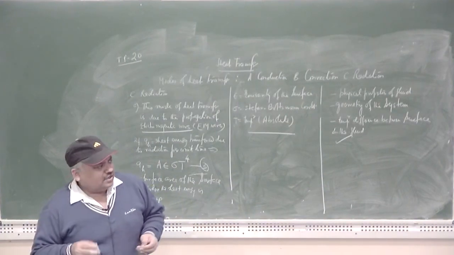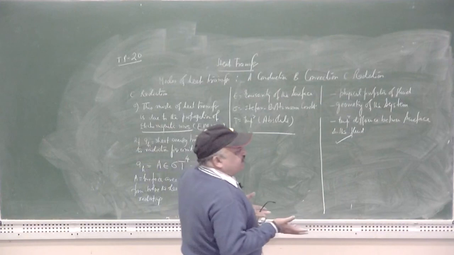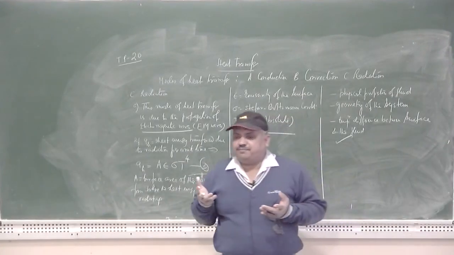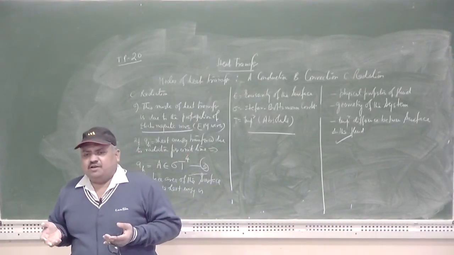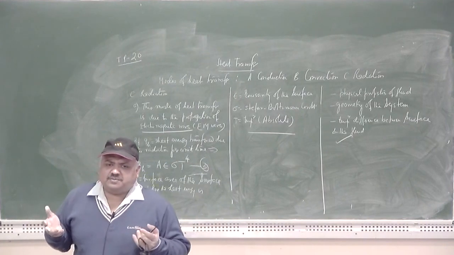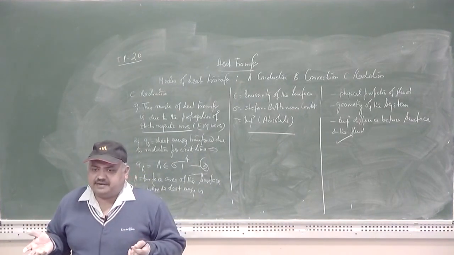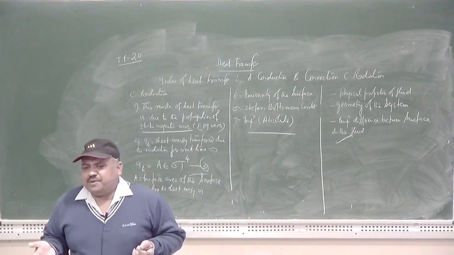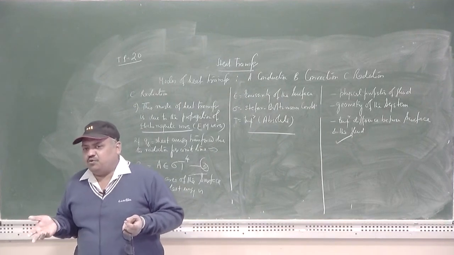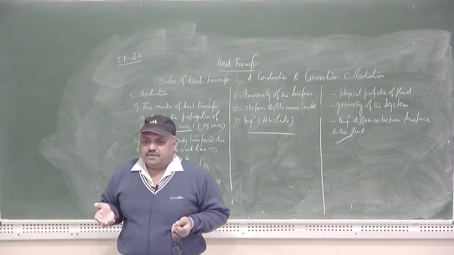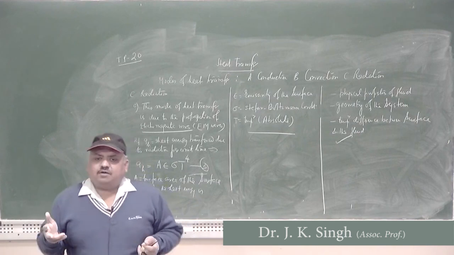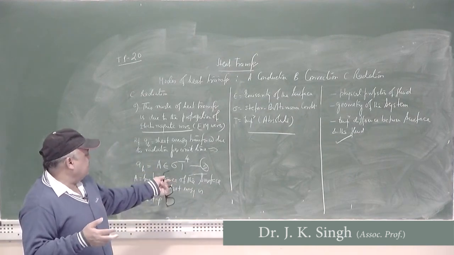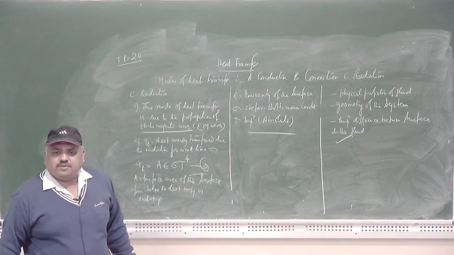That means we will see there what is this emissivity, what is the emissive power, what is Planck's law of radiation, what is the meaning of the monochromatic radiation, and why a monochromatic radiation is important to consider. And in the next class we will also see how this Stefan-Boltzmann law of radiation can be derived from the Planck's law